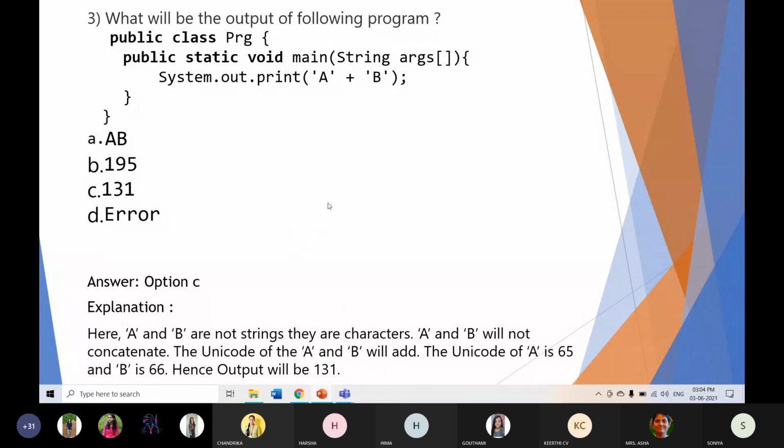Unicode means the ASCII values of A and B. The ASCII value of A is 65 and the ASCII value of B is 66. So 65 plus 66 is 131. Hence the answer is 131, option C.